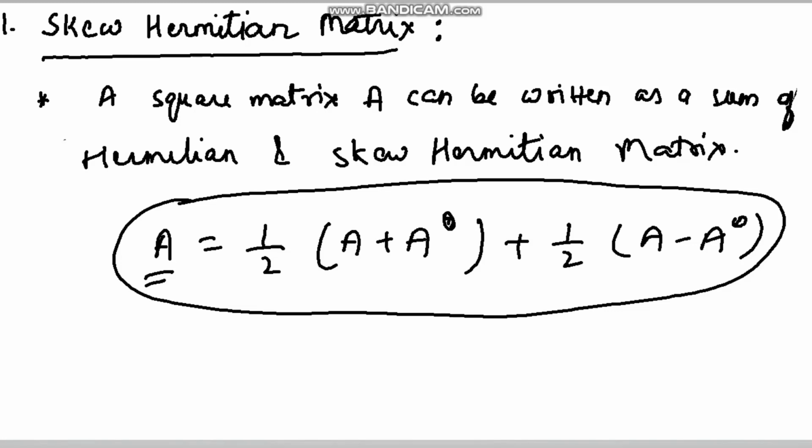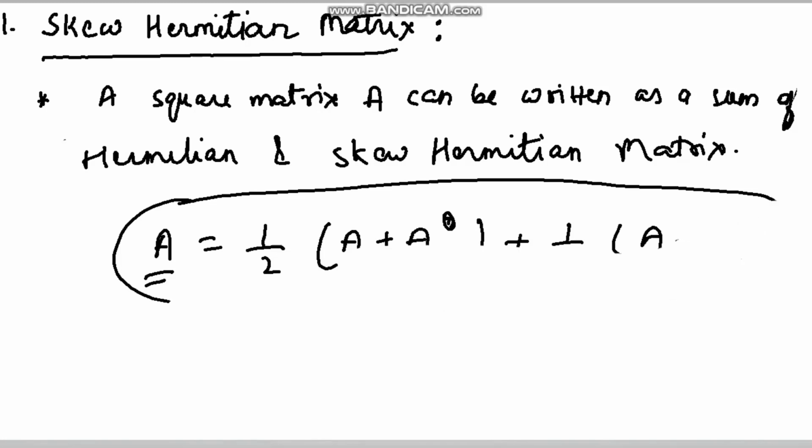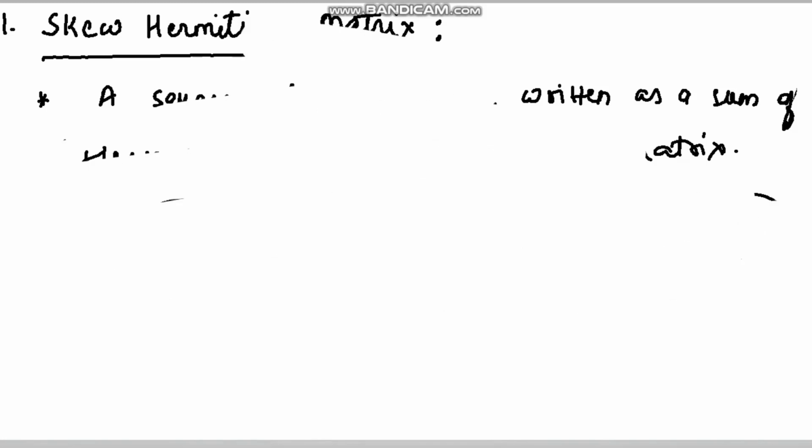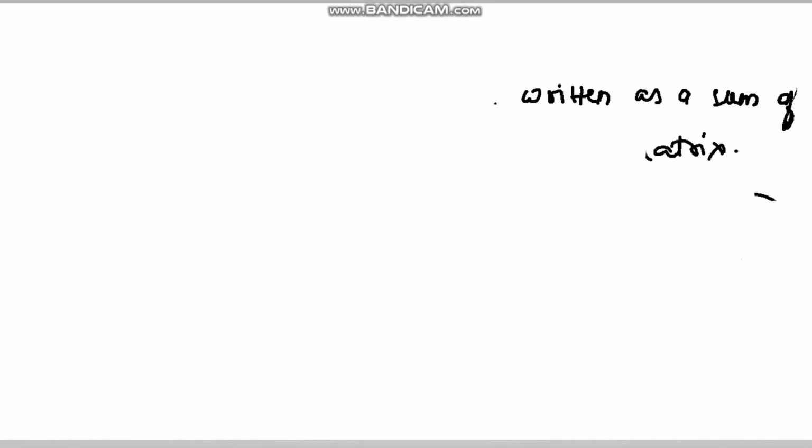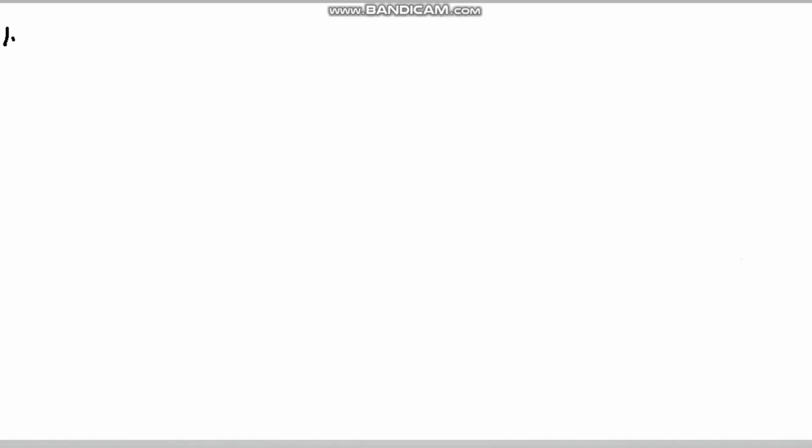Okay friends, our next topic is the unitary matrix. And this is the last special type of matrix, the unitary matrix. Okay, what is a unitary matrix? If a square matrix satisfies a relation